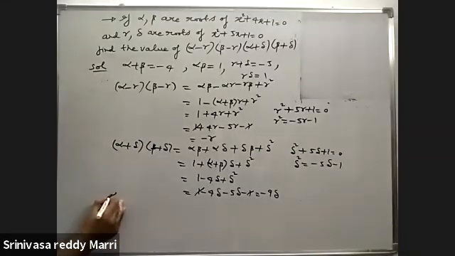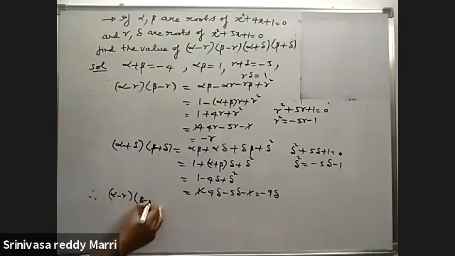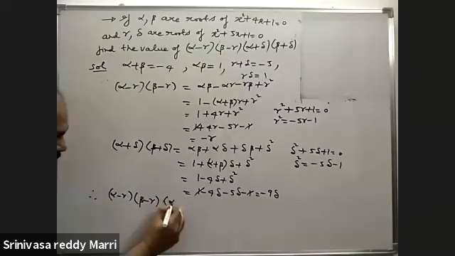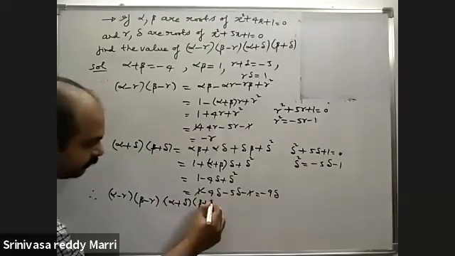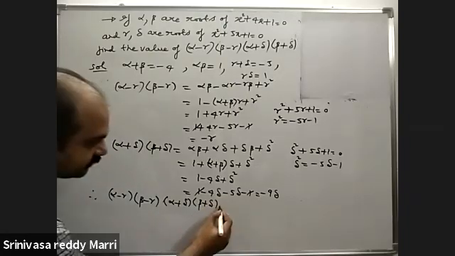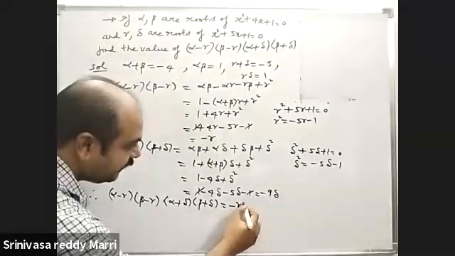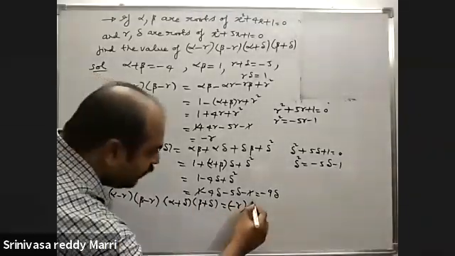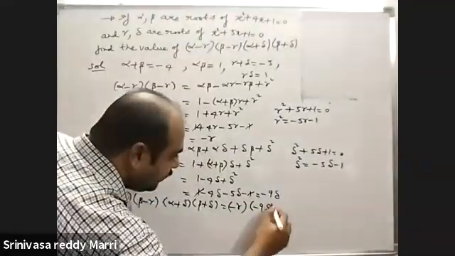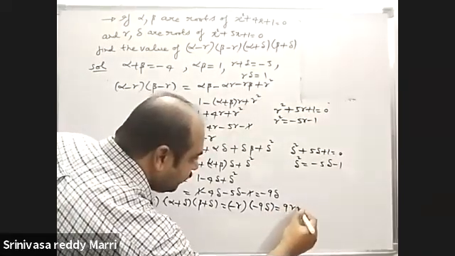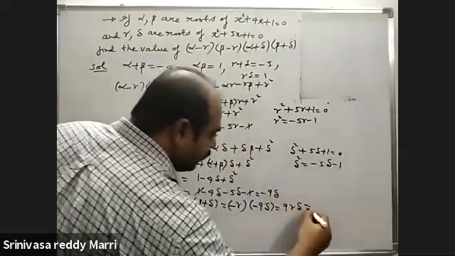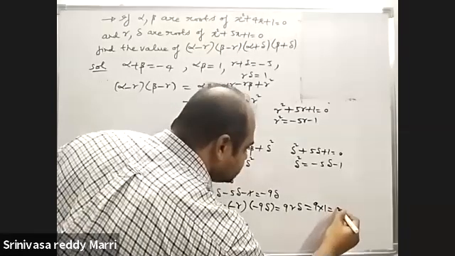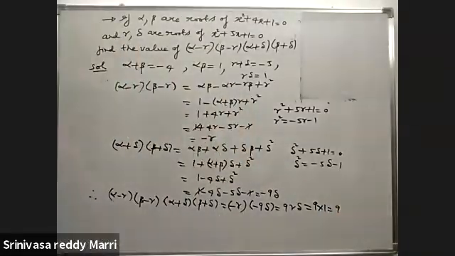So therefore, complete the product. Therefore, our required one, beta minus gamma into alpha plus delta into beta plus delta equals, what is that one? Minus gamma, these two product, and minus 9 delta. So this is nothing but 9 gamma delta. Gamma delta is what? 1. So therefore 9 into 1, this is what? Numerical answer 9. That is the answer.